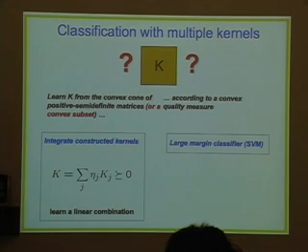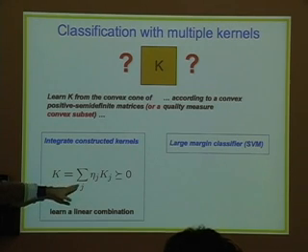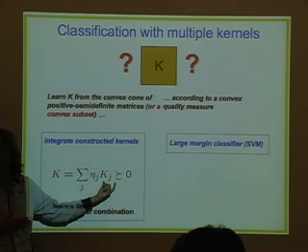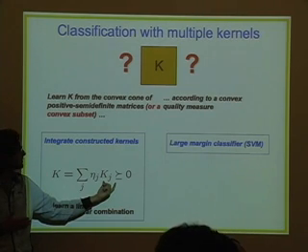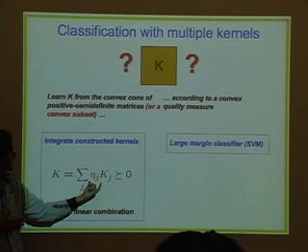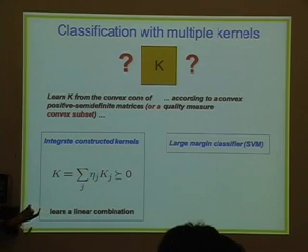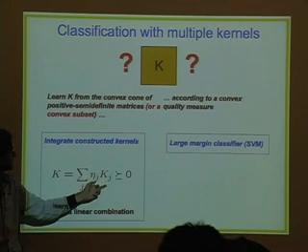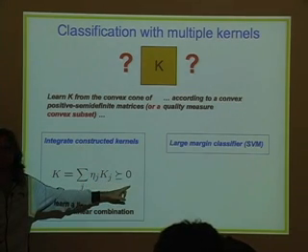Okay? Because we want to learn the final kernel matrix K as a weighted linear combination of these kernel matrices kj that we have derived so far. Basically those are given because we designed them a priori, and those weights eta j are to be optimized, all right? So what we want to do is learn the optimal kernel matrix for this binary classification problem as this weighted sum, obviously constrained to be positive semi-definite.